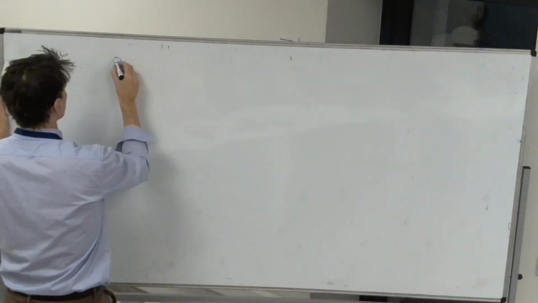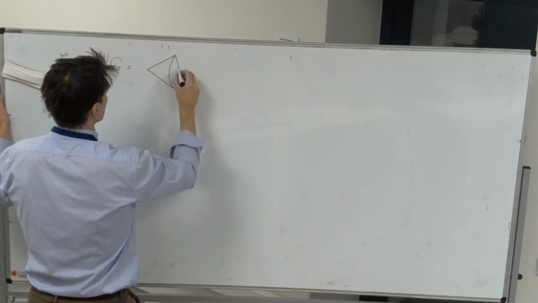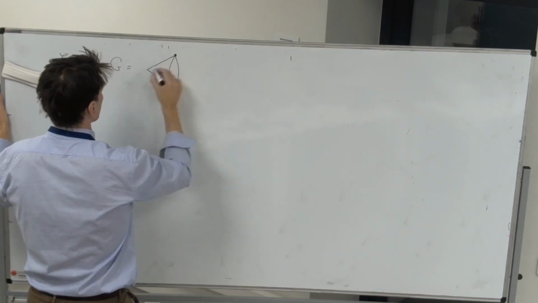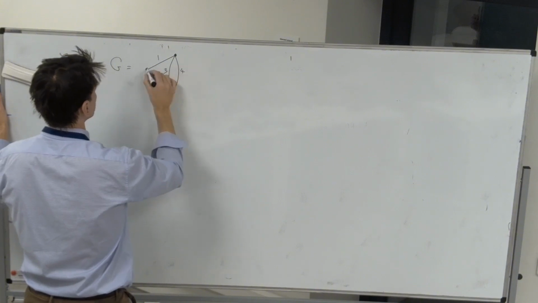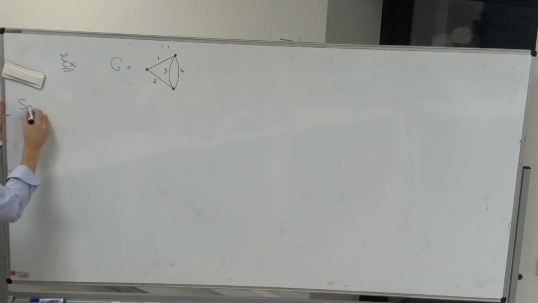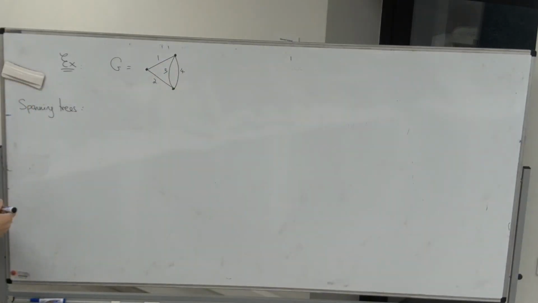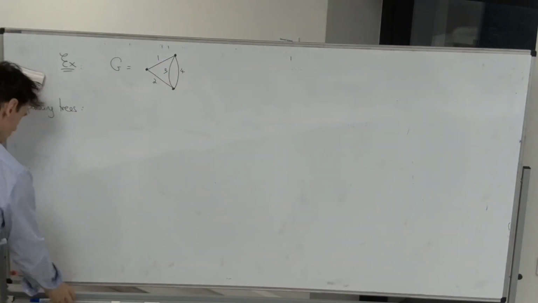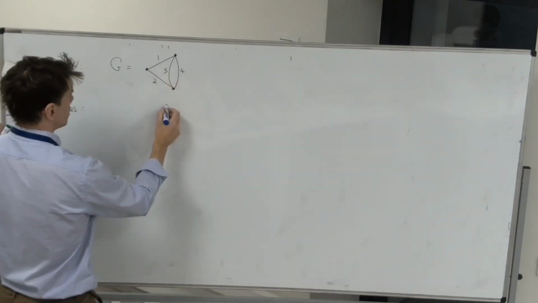So let's look at this graph. And I'm going to number the edges 1, 2, 3, 4. So let's look at the spanning trees. So we want subgraphs which meet every vertex but do not contain a loop, and which are connected. So we can have this,